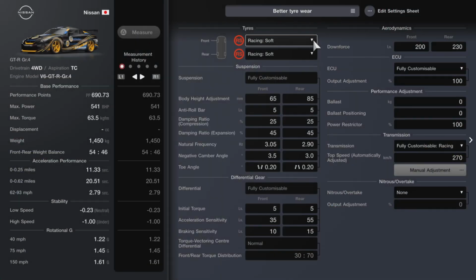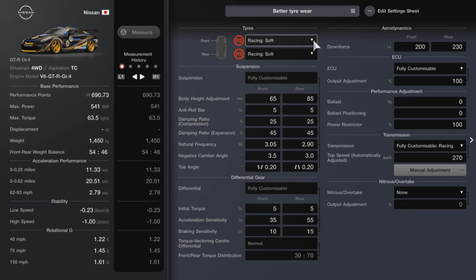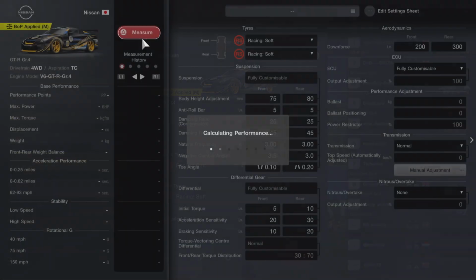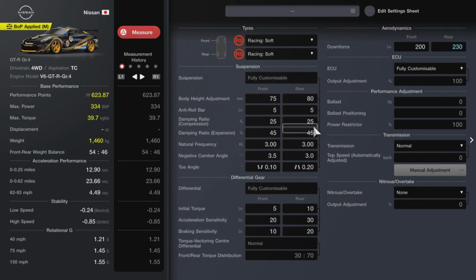So now you've basically got to go in, take a screenshot, which is what I did just there, of the setup, and then go back in and edit it with BoP on. So you kick BoP on, enter, sorry, BoP then gets applied, so it's reset your car, so now I have to change it to whatever's on my screenshot, or whatever I could remember. So you have to go through and change every single setting, because you can't actually apply a setup you've already got,